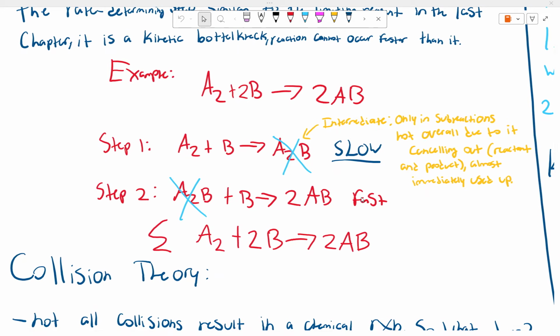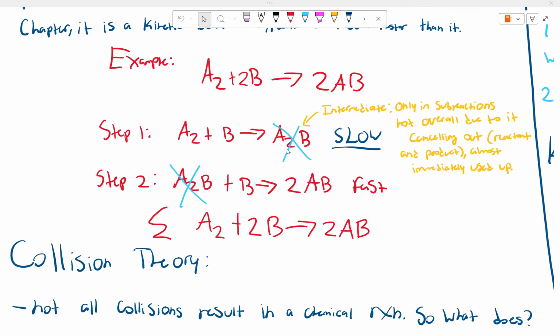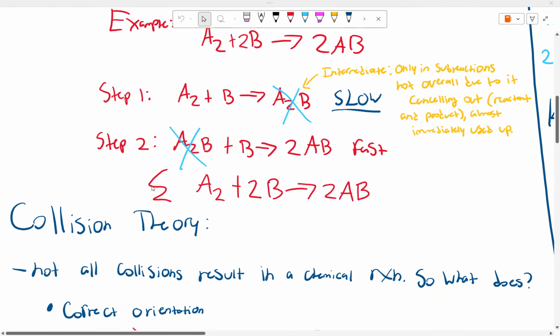It's an intermediate because it's only included in the sub-reactions, not the overall, due to it canceling out. Look at it, it appears on the products and reactant side, so that means that as fast as it's produced, it's used up to produce the overall product, which is 2AB. So I have this little sum symbol here. A subscript 2 plus 2B is equal to 2AB, because if you cancel these out, that is your overall